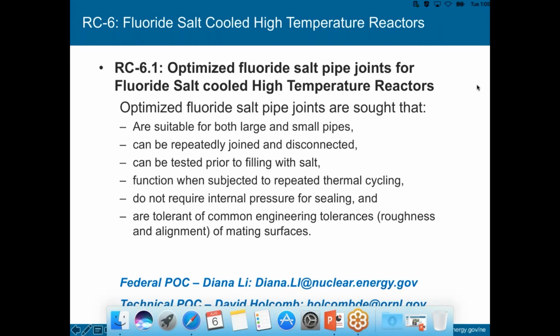Differential thermal expansion of multi-material systems frequently results in leaks. Resilient metal seals require precise surfaces to achieve and maintain a seal, while other designs rely upon internal pressure to force a compressible seal into a mated backing. Historic molten salt reactor programs have relied upon frozen salt gaskets, which are not testable prior to filling, along with